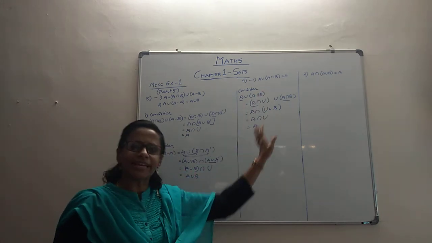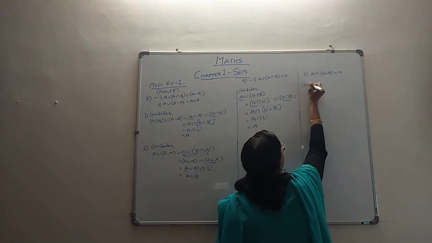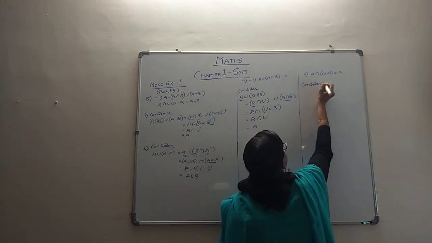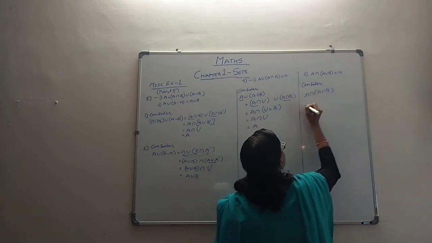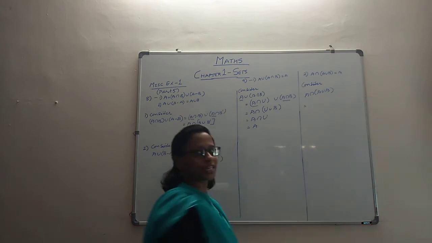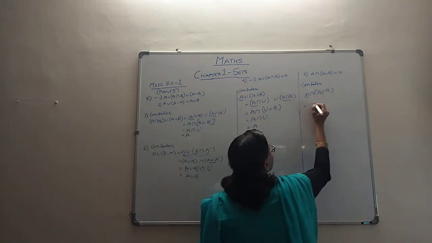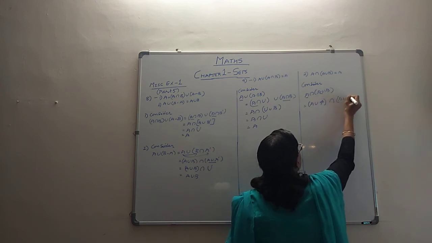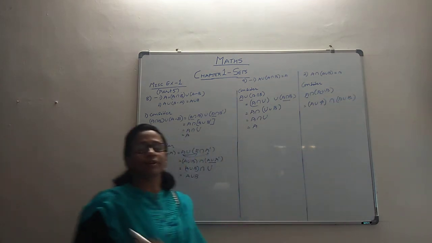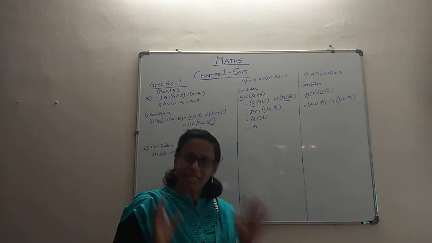Now it's on the same lines. The next part, A intersection A union B. Like before, we will consider this part. Consider A intersection A union B. Like before, again there is this crucial step. If you get this first step, your work is done. So again, because it's a union here, it should prompt you to take, instead of A, A union phi. This is also a property that we have learnt, that there's no harm in calling A as A union phi. A union phi is A. We have learnt that property.